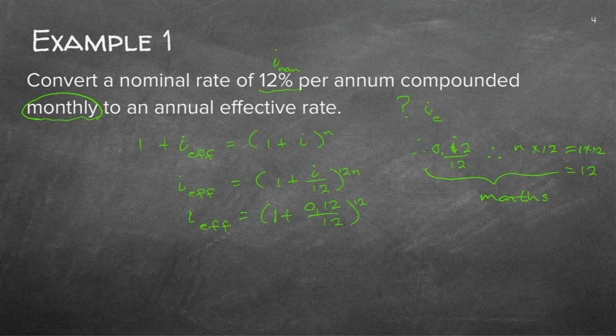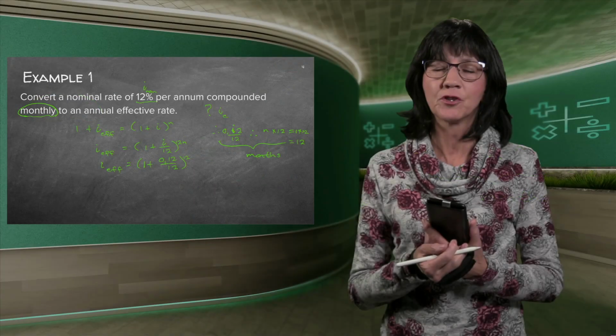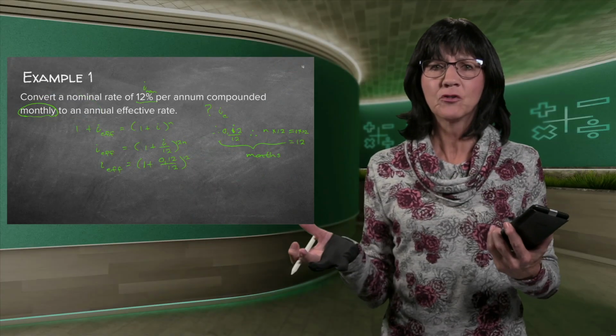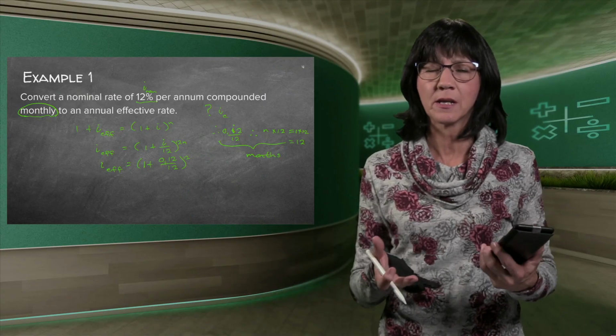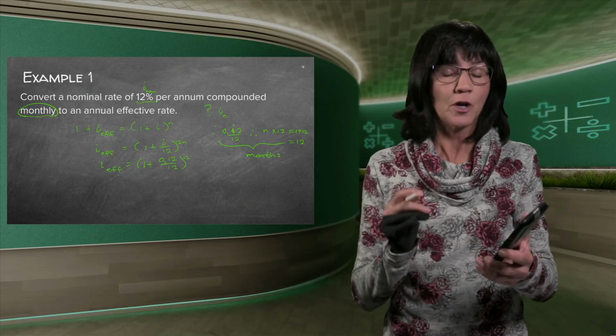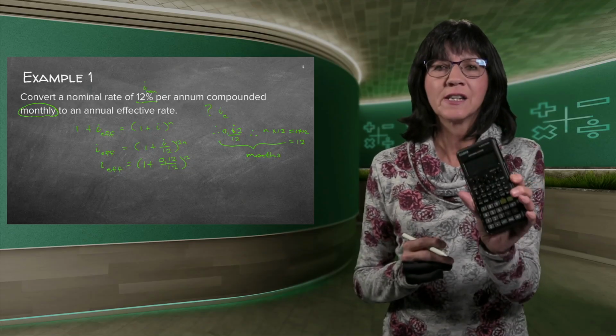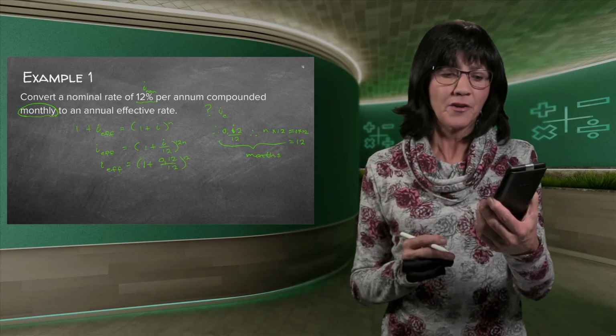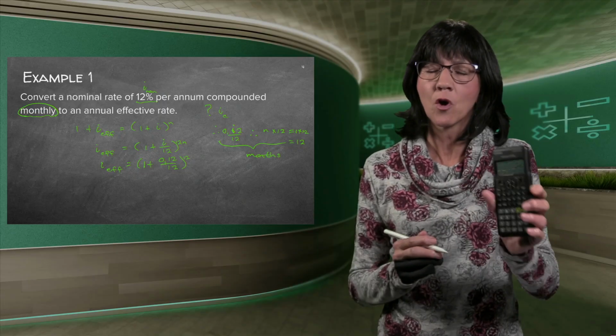So now I'm still busy slotting this in. I have my bracket. Now I press to the power of 12, and I press the equal sign, and I get 1.12. Now remember what we're working out, interest rate. Can an interest rate be 100 and something %? No. You see, this is going to happen when you do maths. You're going to always check if your answer is a possible answer. So now this doesn't look right to me because it's 1 comma something.